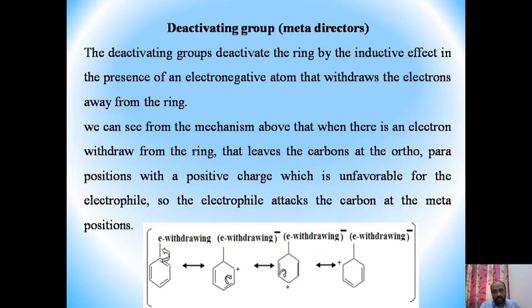Then one structure is the more stable structure. So in the presence of this electron withdrawing group, whatever new functional group comes will attach to that compound at the third position, that is the meta position, which becomes the more active. That's why in the presence of a deactivating group, the new functional group will always attach at the meta position.